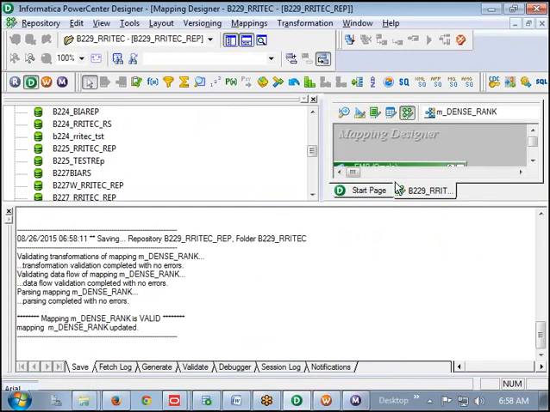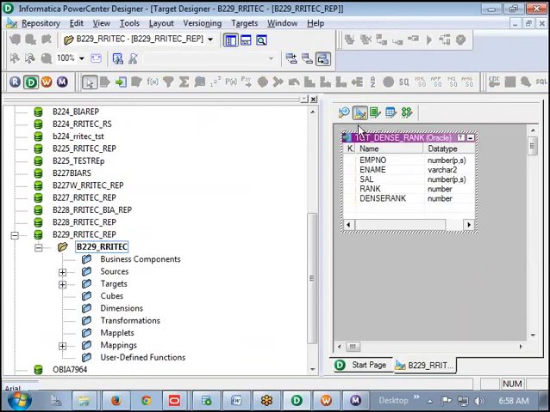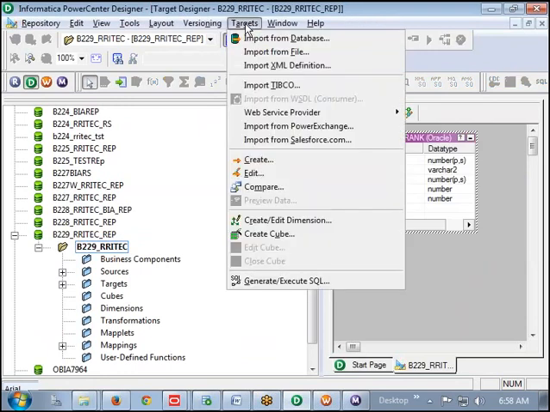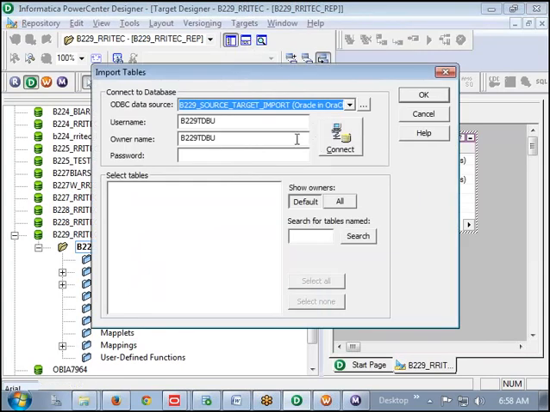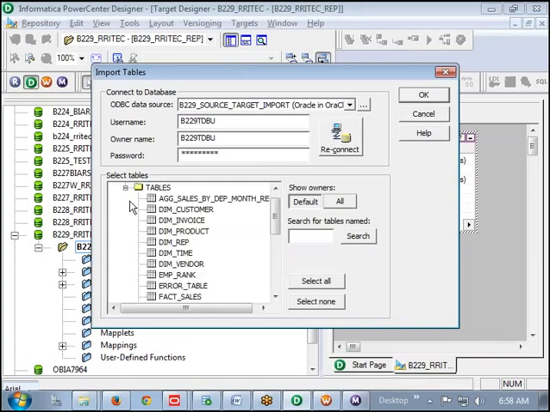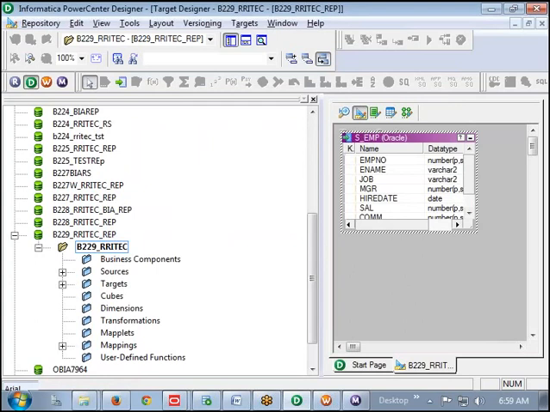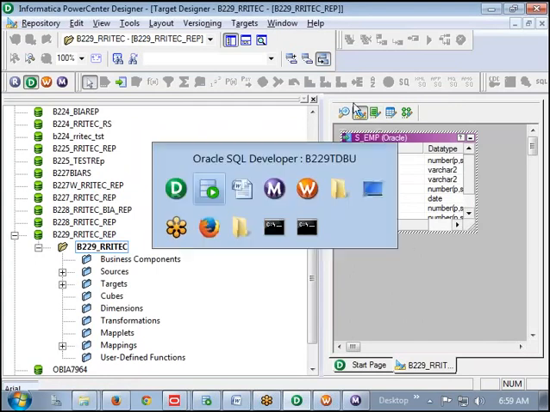Right, go to the target designer, import the target. Create the next. We completed with this.